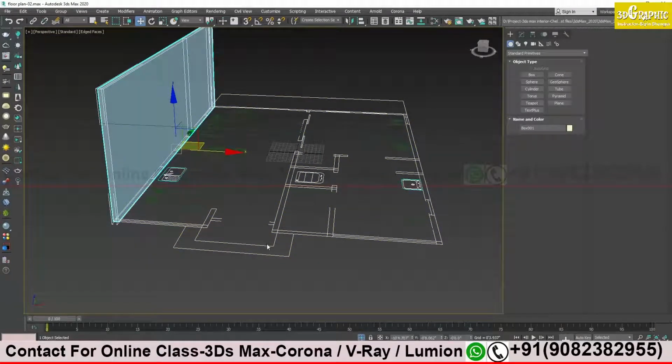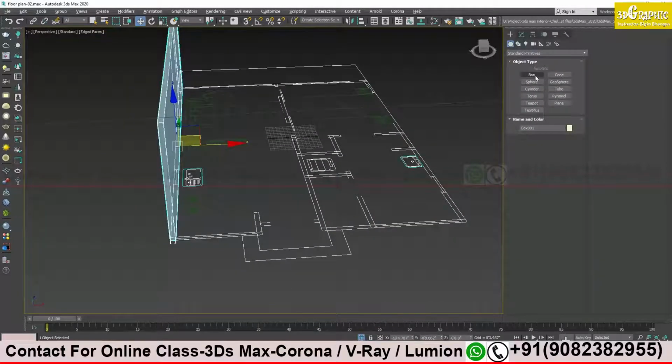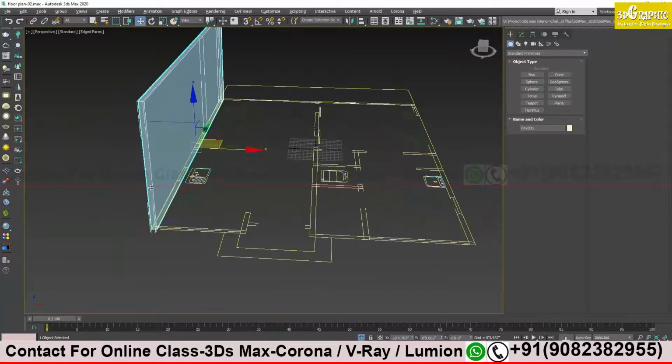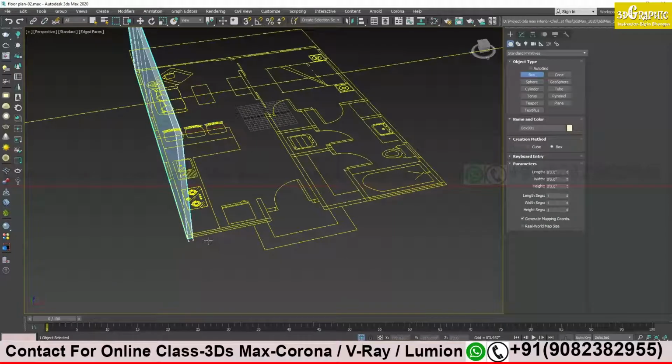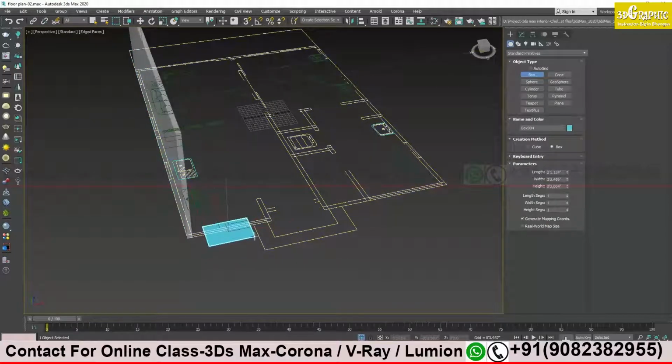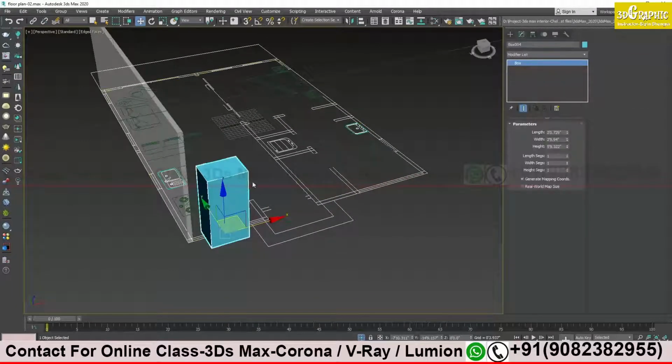So what I'm trying to explain is that we create a 2000 millimeter box over here to get the height. It will be like this. Create any box. If you want 200 height or any height, create a box anywhere near the wall you want to create, and go to the property of my box.